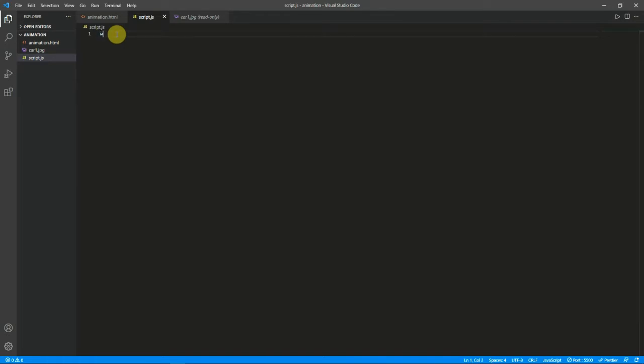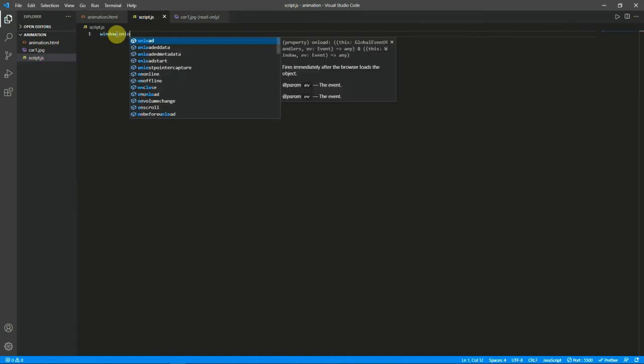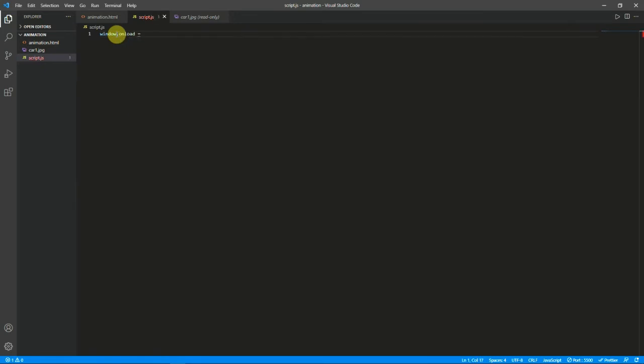So for that we will write window.onload equal to init.